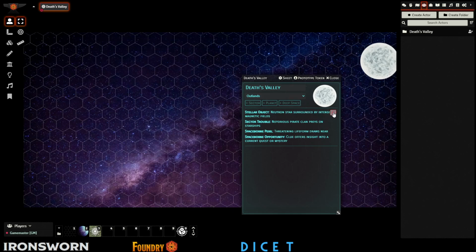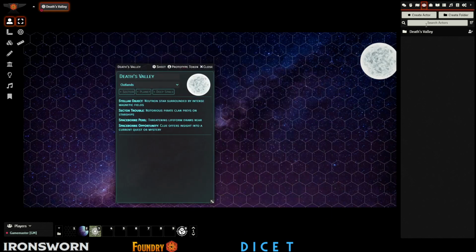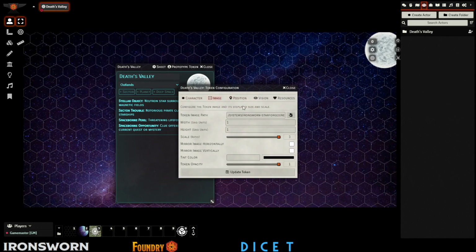You can come in here and edit it. So if you want to do all this manually, you still have that option. It also generates an icon, the sun, the stellar object icon. You can actually come in here and change the tint of the star, but you can also add